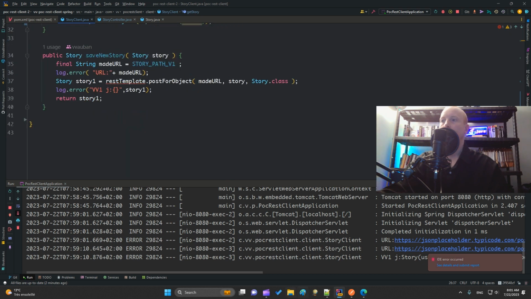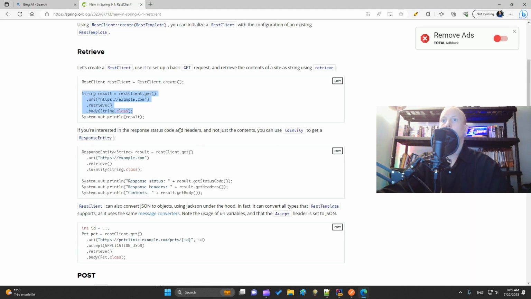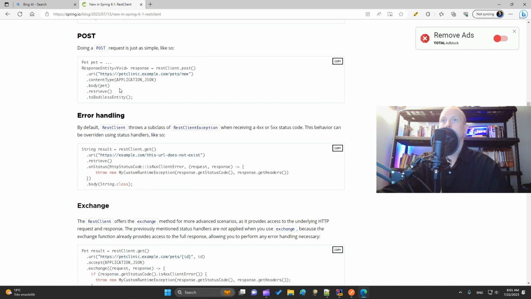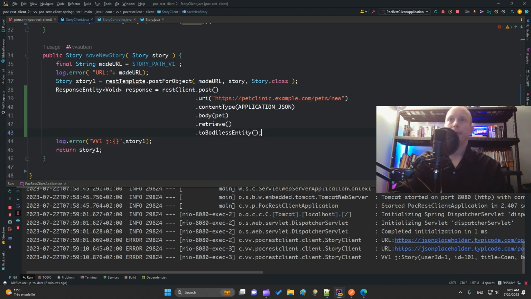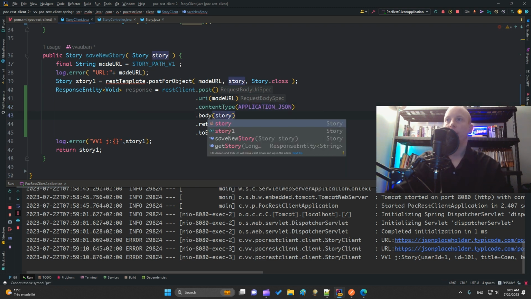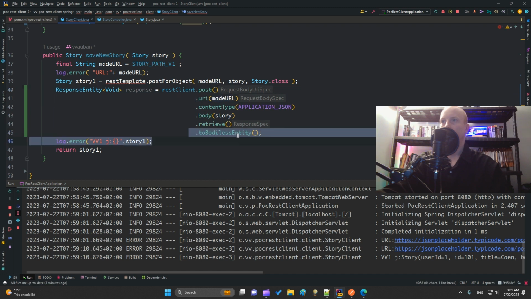Now we'll do the same for the post, and here it is the way to make a post with a REST template. So I use this. Here I put my made URL. Okay. I import the application JSON. I change the wrong object with my object story. And this, I want a real body.